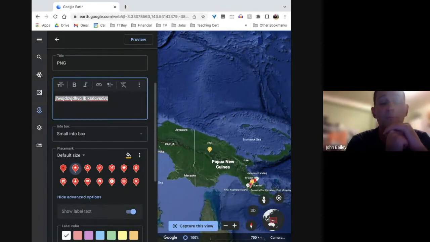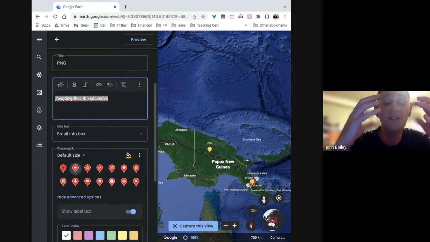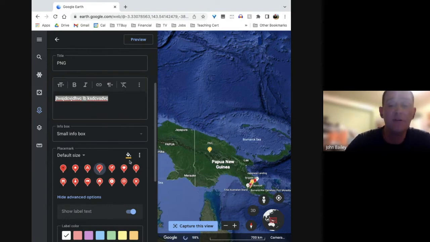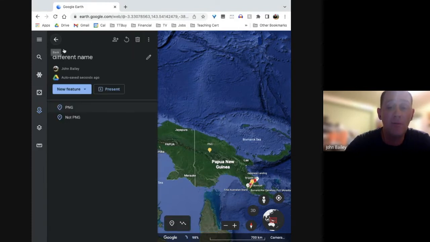In fact, if you remember from our project session, we talked about how you want to write and gather all your information in a Google Doc before you bring it in here anyway. So really, you should have all that information already. And maybe all that you lose by deleting this marker is some of the customization of the icon that you've done. So what I would do if I wanted to replace that marker, quite honestly, is I would go here